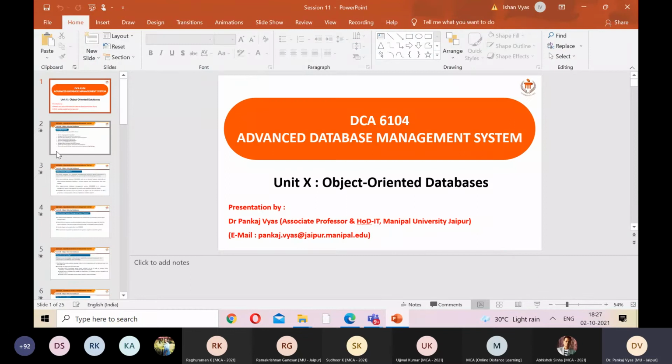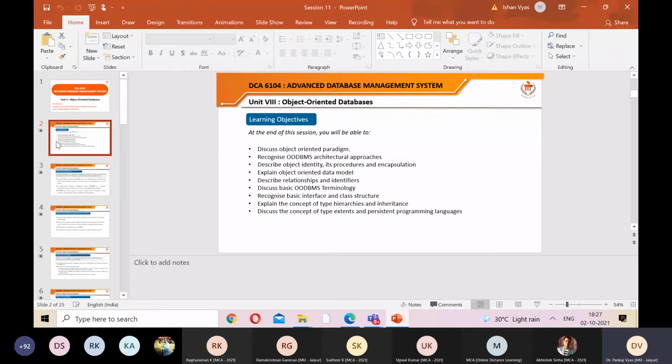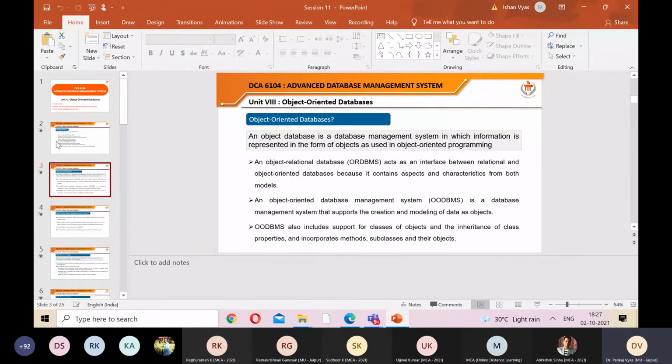Object-oriented databases are based upon the concept of an object, in the way that in relational databases the table is the basic concept. In object-oriented databases, objects are the basic concepts. But the procedures that you require to operate upon those objects are also stored and associated with the database. In relational databases, that is not possible. If you want to read something from the table, you have to execute a separate query or write a separate procedure. But in object-oriented databases, that is a part of it.